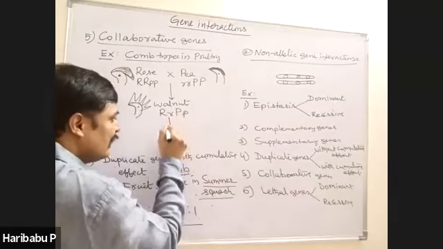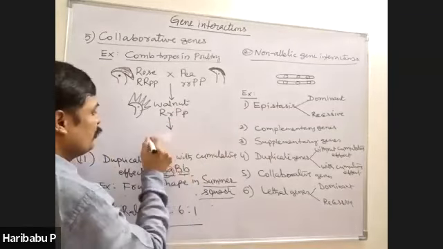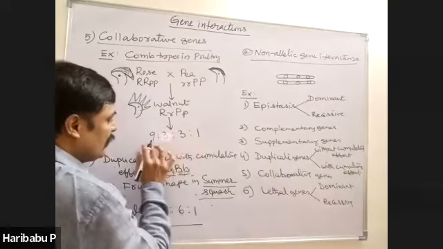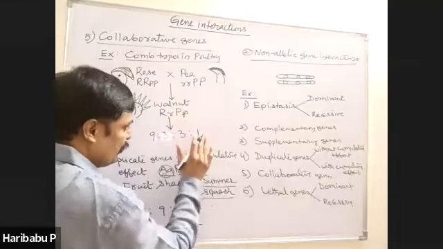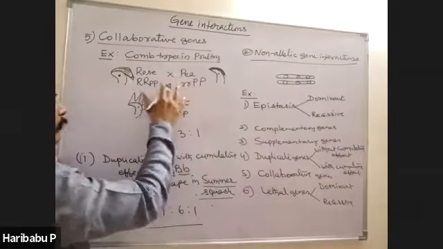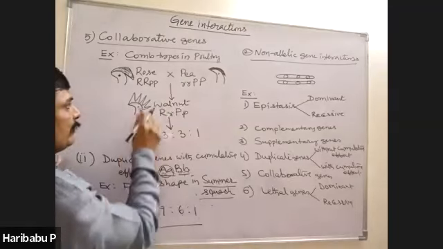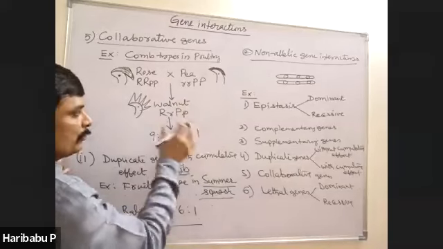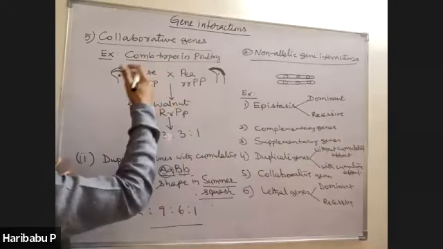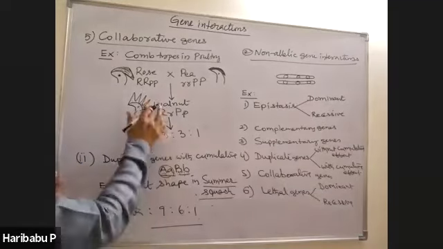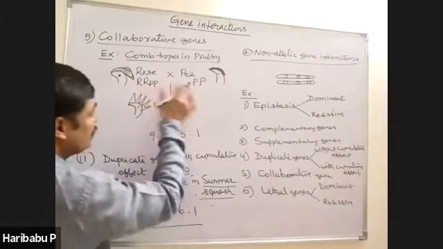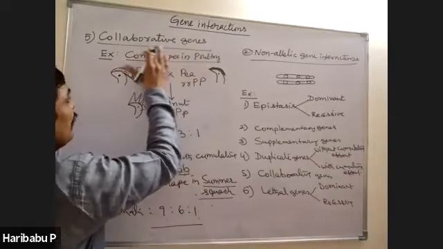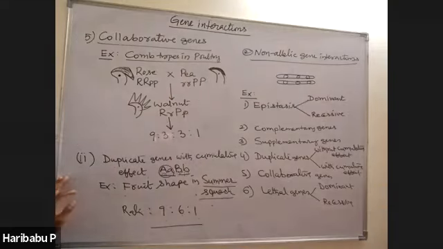When this is intercrossed, in the F2 it produces 9:3:3:1. The ratio is similar to that of the dihybrid phenotypic ratio. But here the progeny are different, because when these two parents are crossed, you will get a different parent. Normally F1 must show resemblance with one of the dominant parents. Therefore, the ratio will be the same, but it is due to interaction of genes, and such genes are called collaborative genes, and the interaction is called collaborative gene interaction.